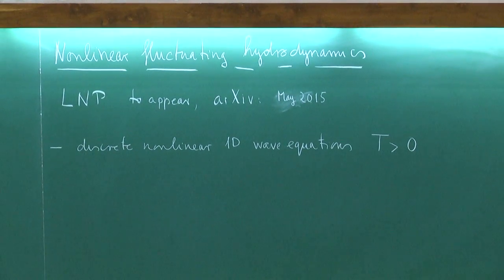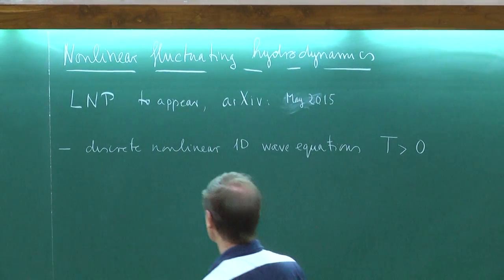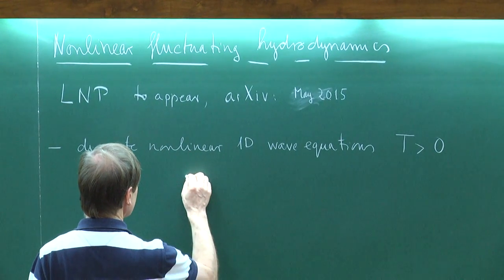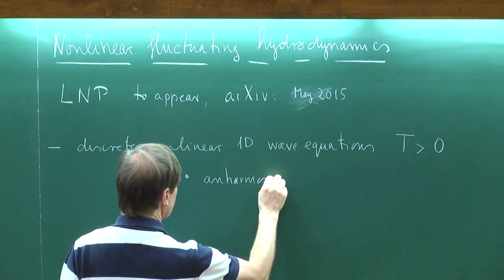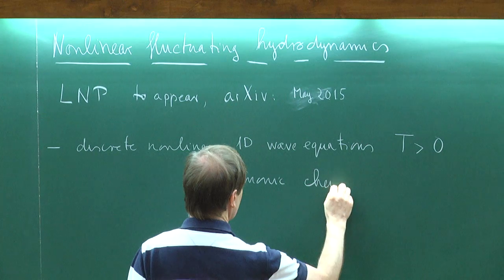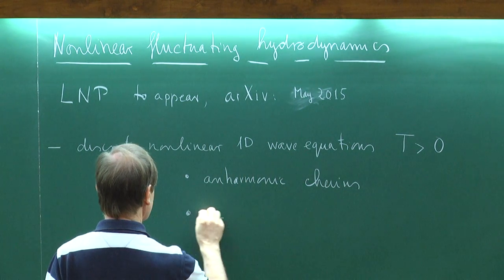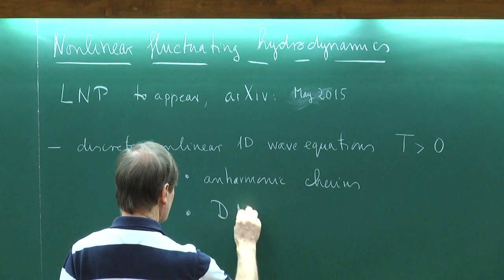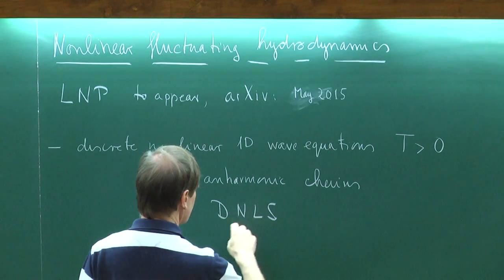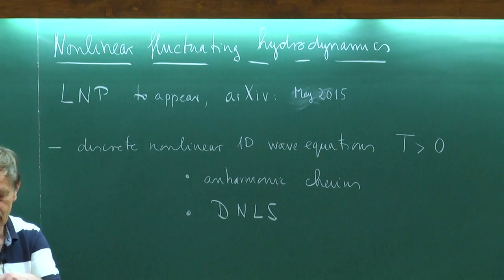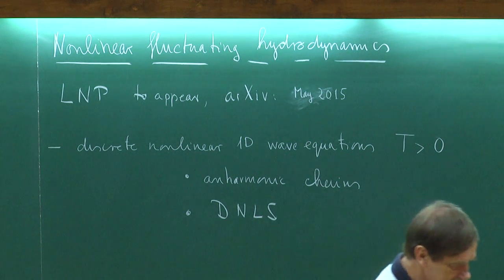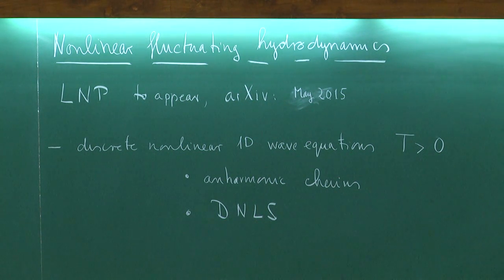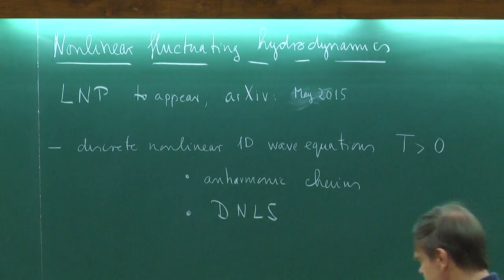Okay. And there will be two running examples. The main part will be anharmonic chains, which is a particular class of such wave equations. And to have a contrast, I will say a few words about what is called the discrete nonlinear Schrödinger equation. Looking at my notes and how much time I have, I will not be able to go into much detail about this particular system, but on Friday there will be a talk by Manas, who is going to explain some further features of the DNLS.